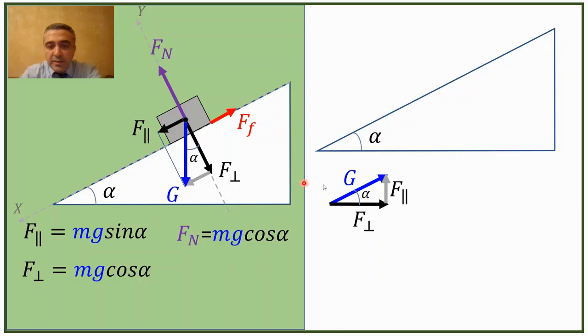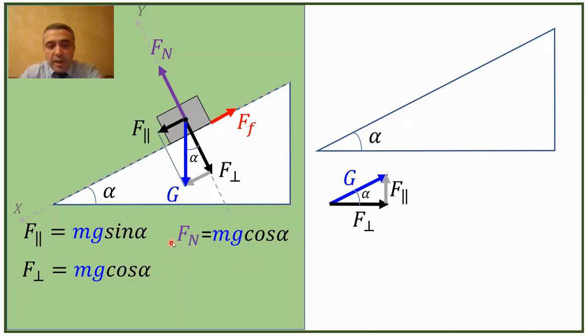Therefore, in order to find the parallel force and the perpendicular force, we can use this angle. According to the triangle, we have found that the parallel force equals mg sine alpha, because to find sine alpha we need the parallel force divided by mg. And the perpendicular component of the gravitational force equals mg cos